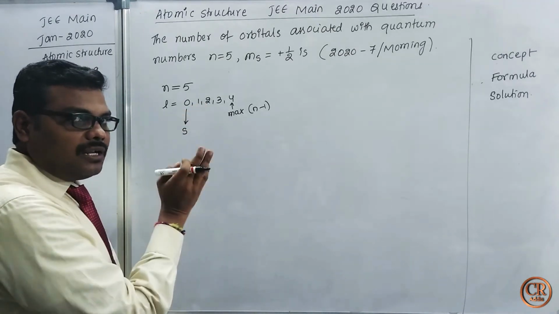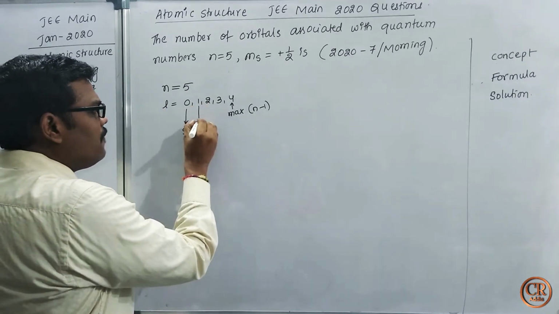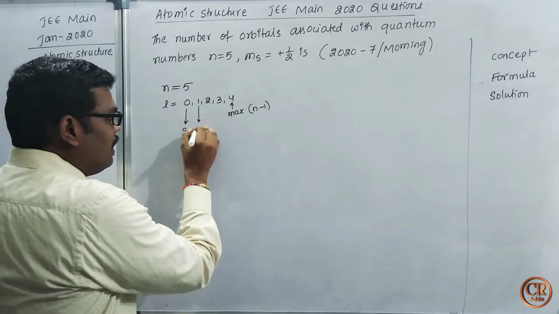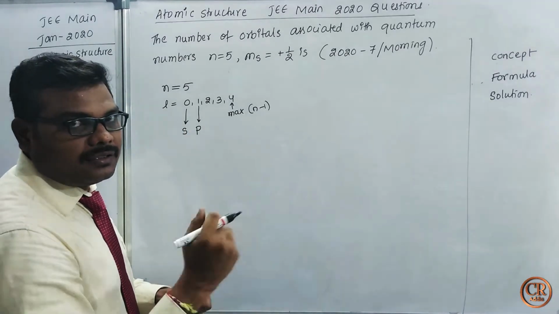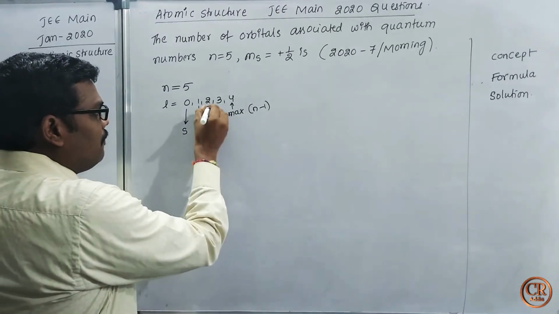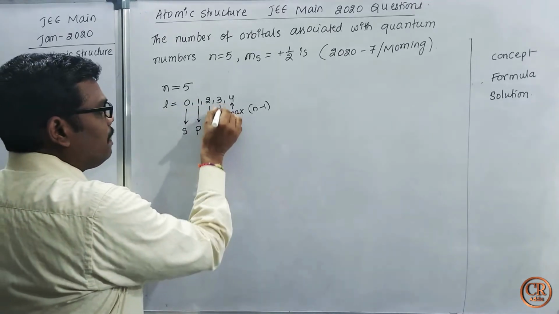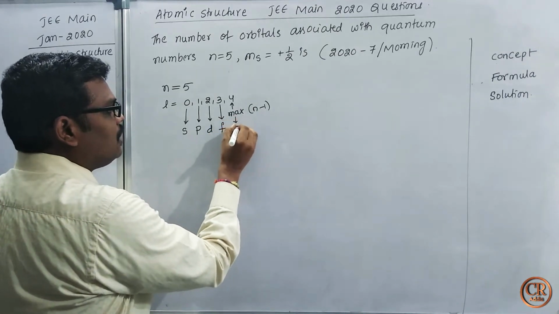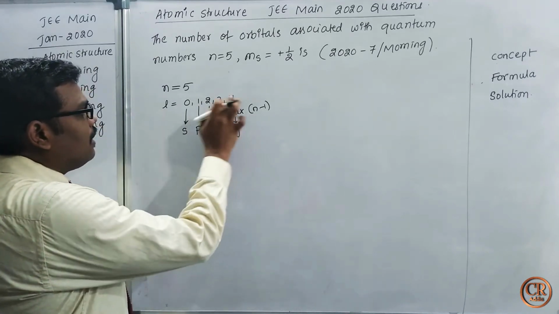It is called subshell or orbital because it has only one orbital. If you take L equal to 1, we need to call it a P subshell, not an orbital, because L equal to 1 represents a P subshell. This subshell has 3 orbitals, but in the case of S you can use the word subshell or orbital. Now if you take L is equal to 2, it represents the D subshell. L is equal to 3 represents the F subshell. L is equal to 4 represents the G subshell. Now this is about the L value.